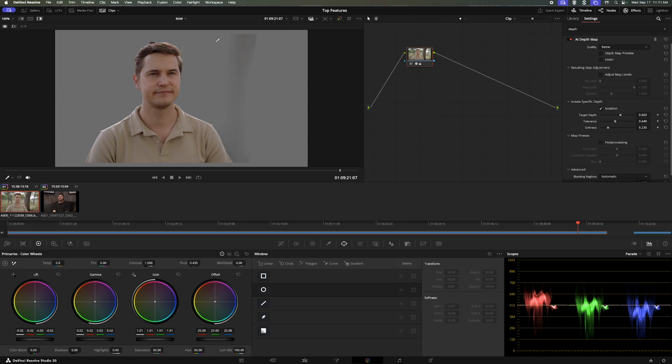Right, I can add a new selection. I can add another power window. It's just a matter of which tool I feel like I need to add. So let's go ahead and